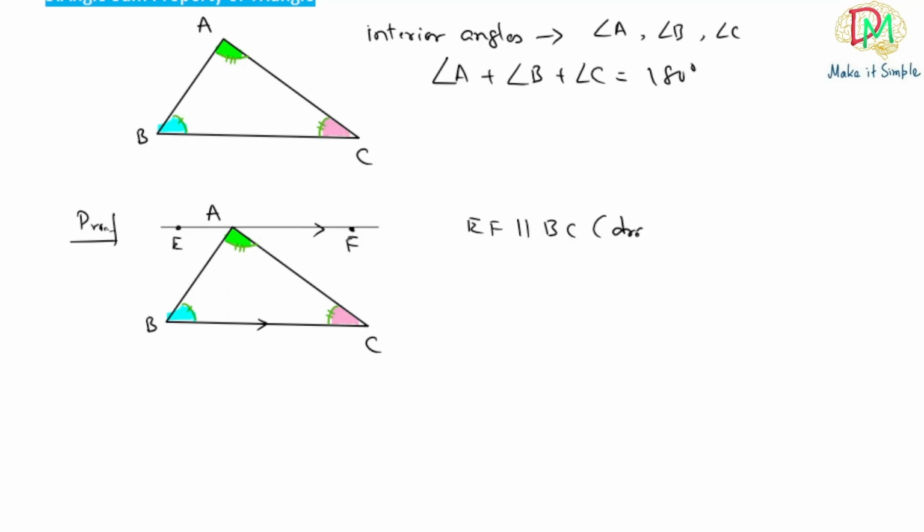How do you draw? We can write, since AF is parallel to BC and AC is a transversal, angle FAC is equal to angle C,